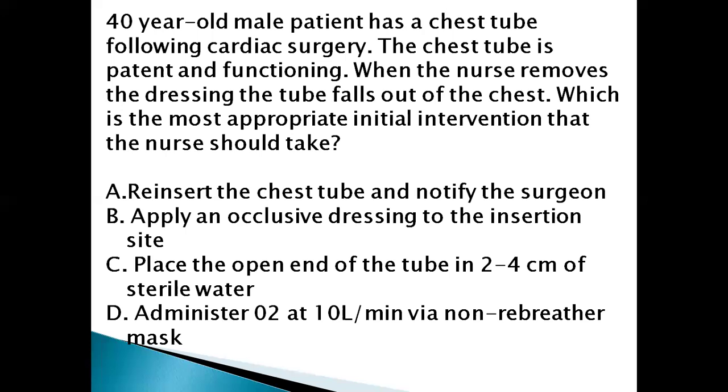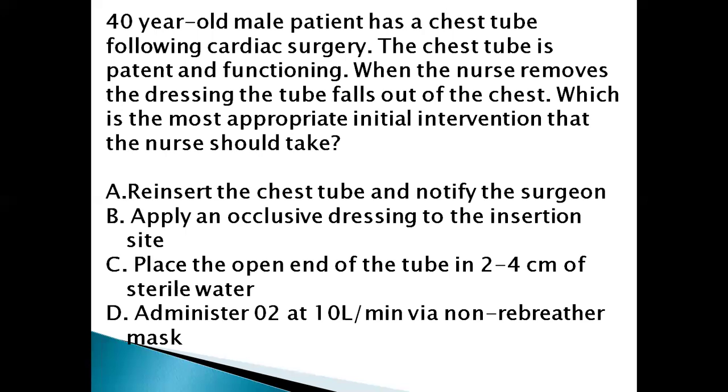We have to tell the surgeon, right? But we should not reinsert. That is the wrong option. Why? Because it will cause infection. Okay, no reinsertion. And placing the open end of the tube in 2 to 4 centimeters of sterile water: if the other side is functioning, no problem, right? The chest tube on the patient's side is removed. If the other side is functioning, the bottle side that came out, you have to put into the sterile water. That is correct. And here, administer O2, we have to administer O2, but here, first initial action,